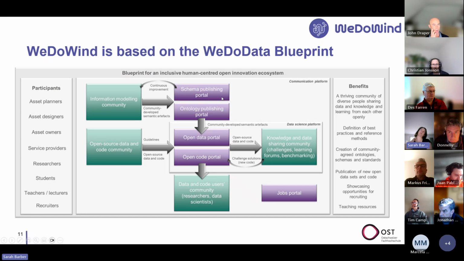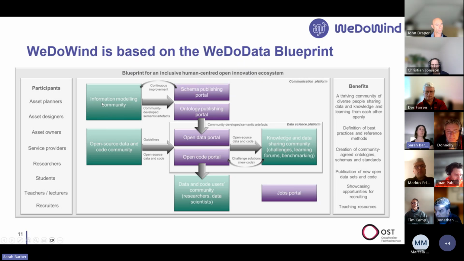And it's based on this thing we call the WeDoWind Data Blueprint, which might seem a bit complicated at first, but it's just this idea that if you want to bring together a community of people to improve data sharing, it doesn't matter who the people are, what the sector is, how big the community is. We made this blueprint as a way of building up this community or this ecosystem around these 4 different green